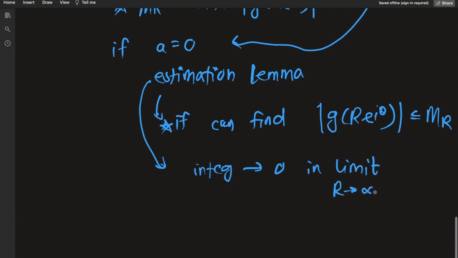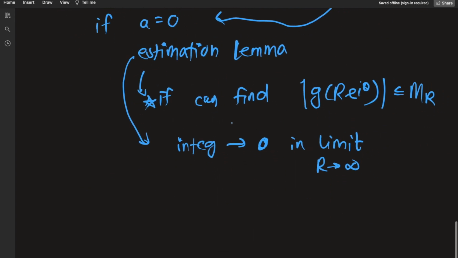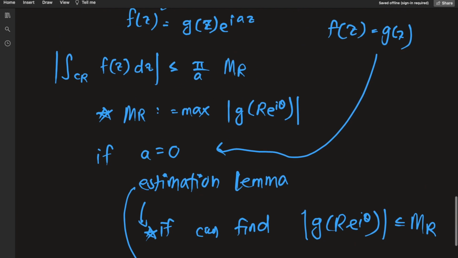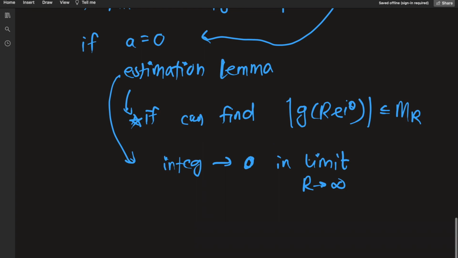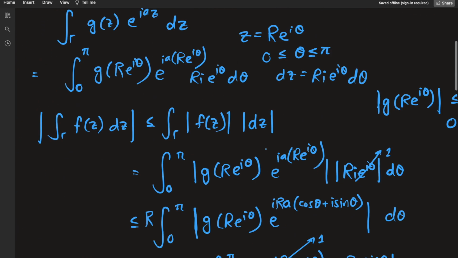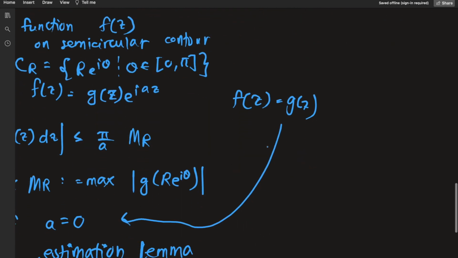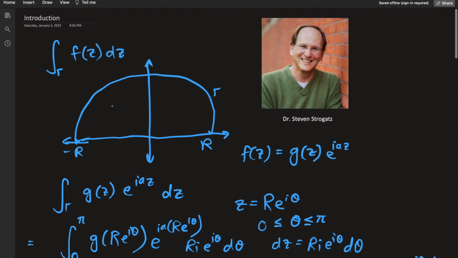In the limit that r goes to infinity. So there wasn't any need to show all the steps like I did in all the videos before. You could have just said estimation lemma, or in this more general case, Jordan's lemma, that you just end up with this, which goes to 0 as r goes to infinity. So that was the entire discussion about these lemmas and showing that the function went to 0 on this semicircular arc.